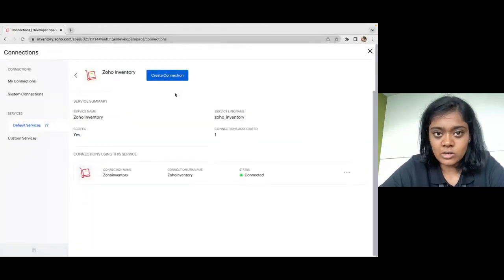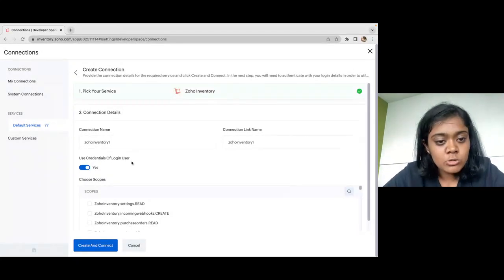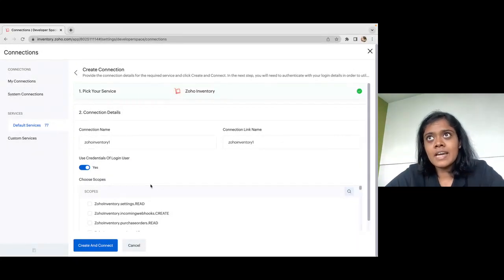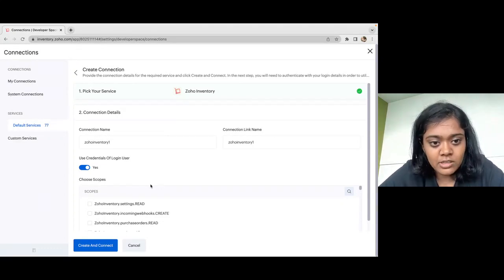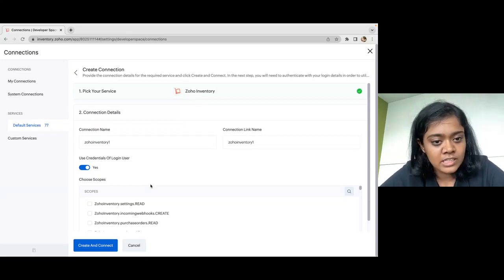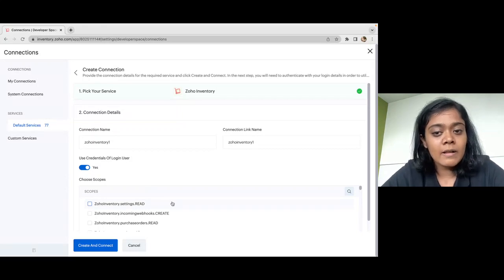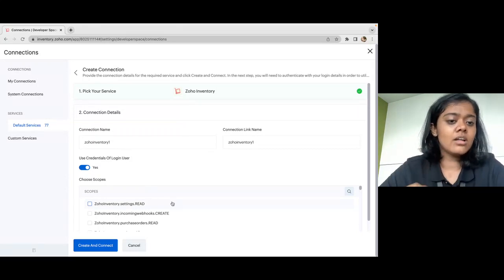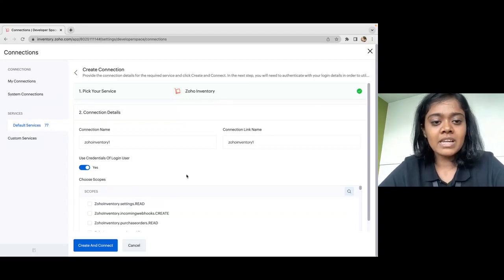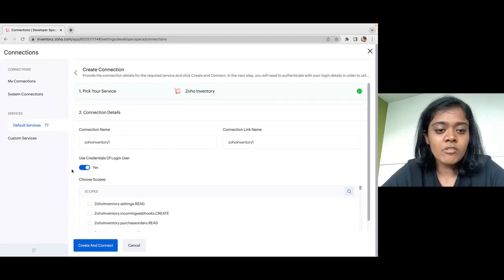I'm going to show you by creating a new Zoho Inventory connection. We have this option called use credentials of login user. Let's say I've logged in as an admin user. An admin would have unrestricted access to all modules, so whoever is making use of this connection can make use of that access. But if I have logged in as a user with restricted access to certain modules, then any other user using that connection will not be able to use it. So normally we would recommend the admin user to either log in and create this connection, or we would recommend